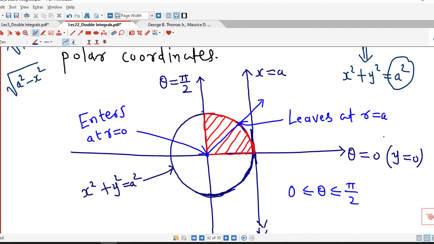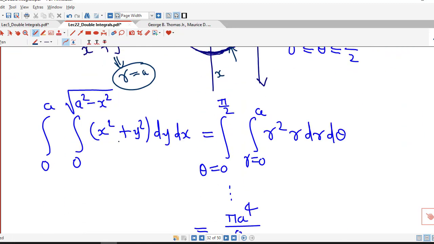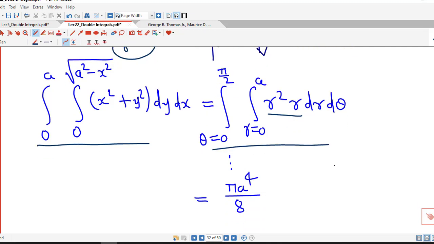So I have sketched the region of integration. This circle x square plus y square equal to a square has polar equation r equal to a. So if you consider the line passing through the region, limits of r are from 0 to r equal to a, and here also the smallest value of theta is 0, largest value of theta is pi by 2. So theta is from 0 to pi by 2. So this we can convert in polar integral in this way, and we can evaluate this integral easily. So I have written just answer. Answer is pi into a raised to 4 by 8.